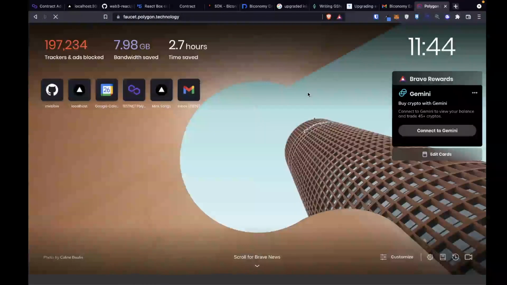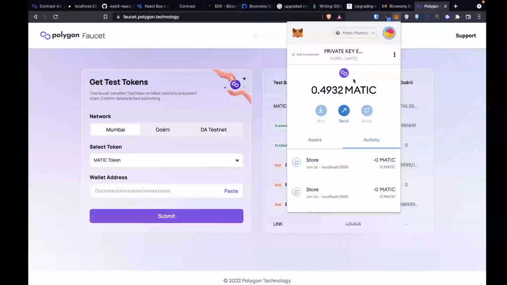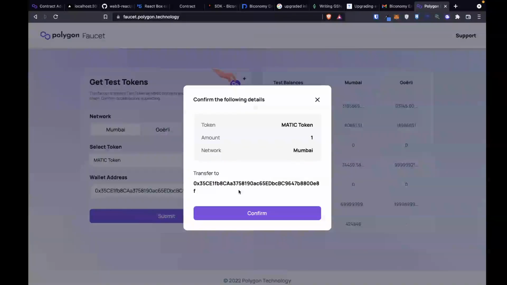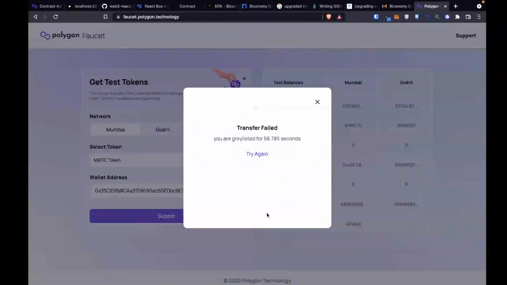Faucet. We're going to need to do the faucet twice, because I believe it's half of a test Matic each time. Submit. Got it. Can I do it again? I gotta wait a minute. You can only do it once a minute. A little bit poopy, but